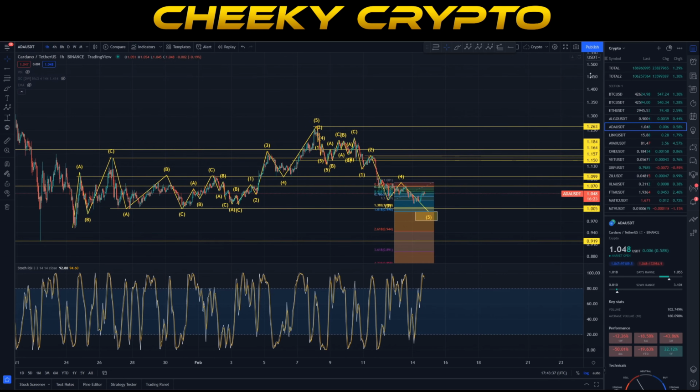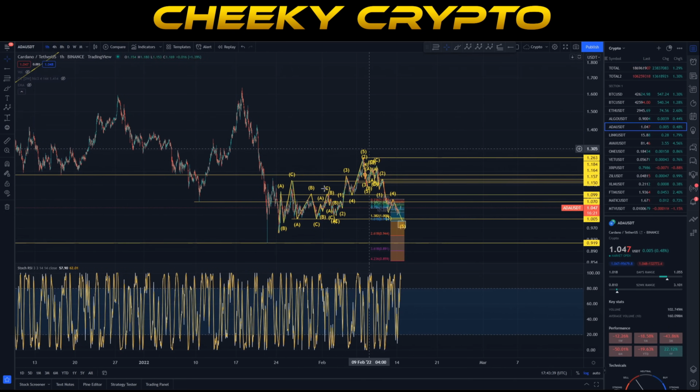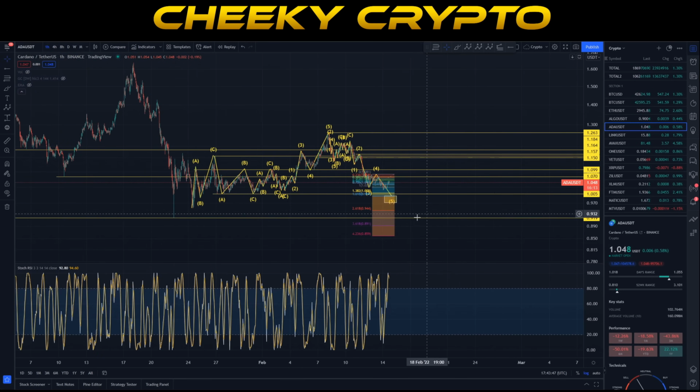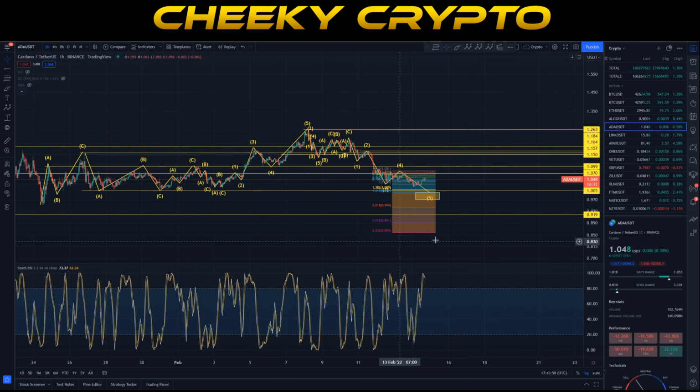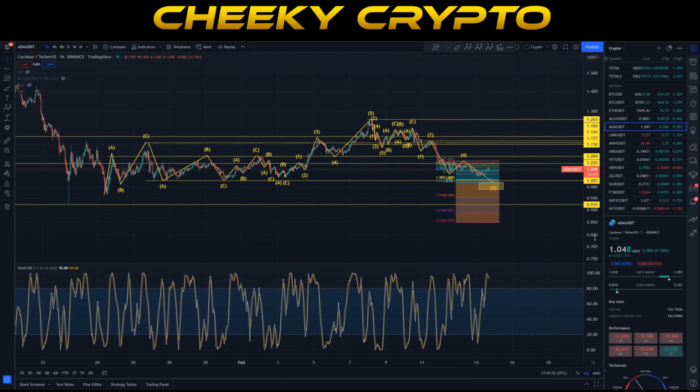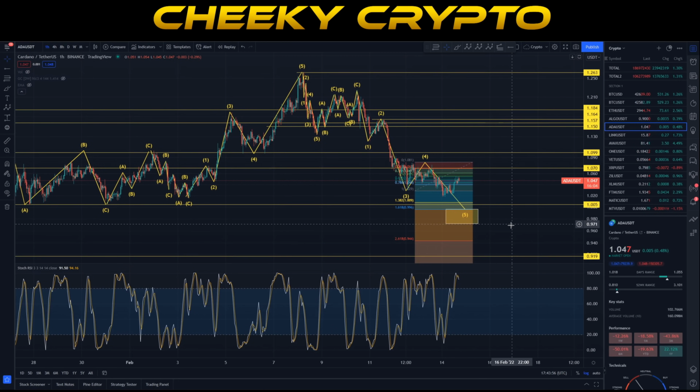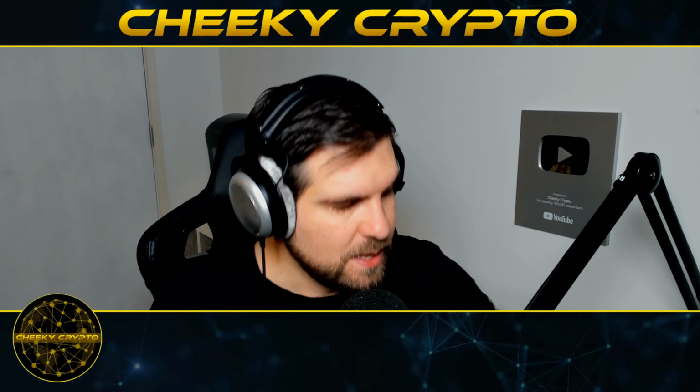Again, this next leg to the upside could be absolutely massive, effectively allowing us to call this wave 1, wave 2, potentially a third wave, a fourth and a fifth that comes after. So some interesting things are going to be happening here in crypto over the next, probably next week. And I think at that point, we're going to start seeing reversal across the board, and we're going to start seeing a really good steady push to the upside for many, many cryptos, including Cardano's ADA.